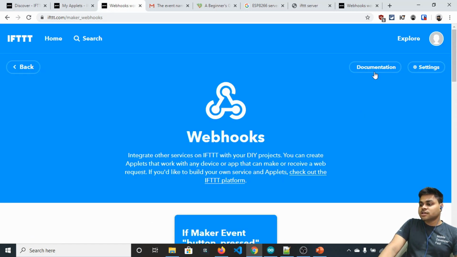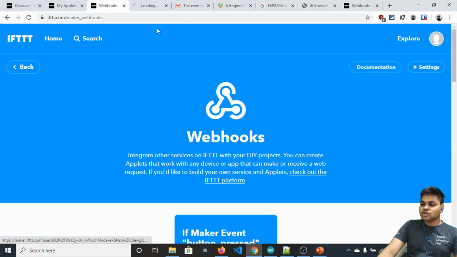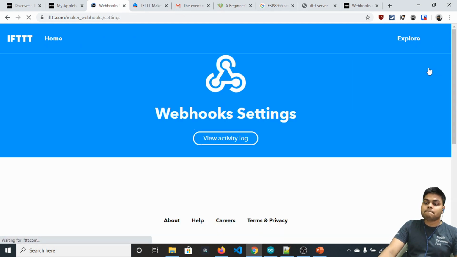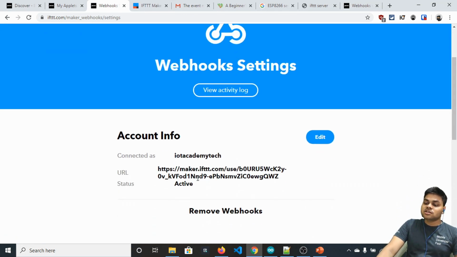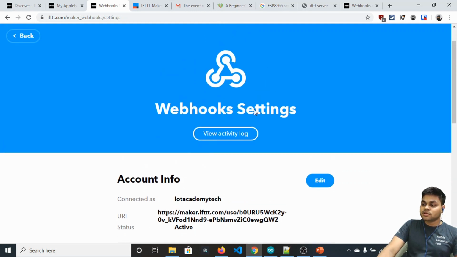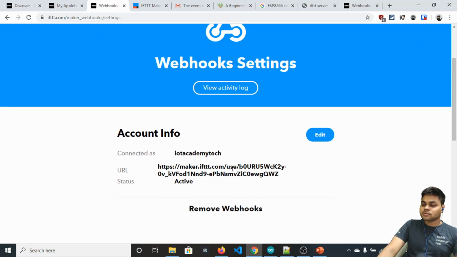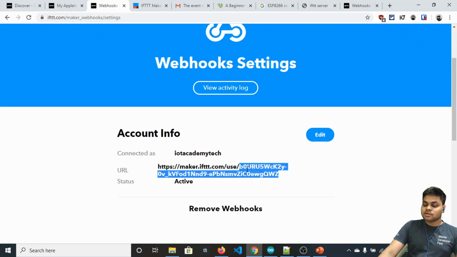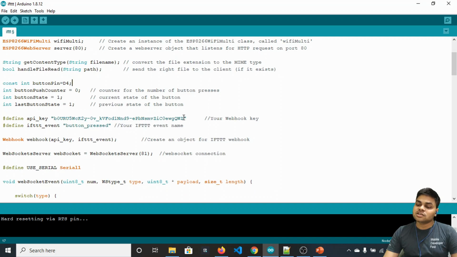So you can see that it has documentation and settings. So let me open documentation in a new tab and click on the settings button. In the settings, we can see here the URL, and in the URL you simply copy this thing and paste it in the Arduino sketch, in the API key field.